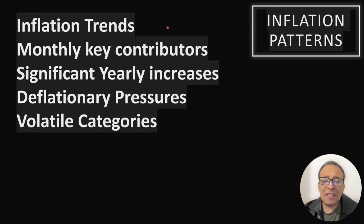What are the significant yearly increases? Shelter, motor vehicle insurance, which showed a significant yearly increase of 22.6%, energy 2.6%, and these ones are the ones that have deflationary pressures, because deflation is as well a scenario that can come. Deflation might make the interest rates decrease and treasuries go ballistic up. So I think this scenario will be actually good for me, not as well for us as households of any